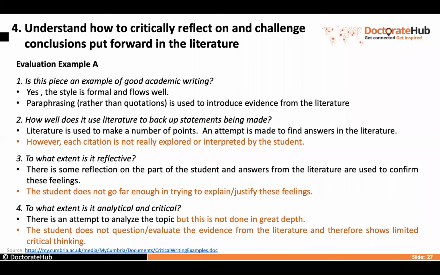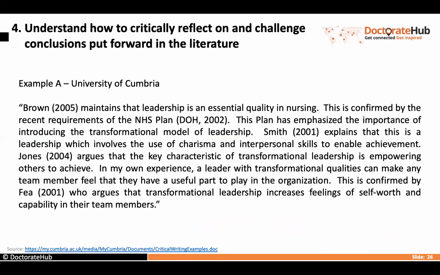All right, let's look into that. Now, you can see each citation is not really explored or interpreted by the student. The student does not go far enough trying to explain, justify feelings. The student does not question, evaluate the evidence. It's actually, without even reading it, quite obvious that, let me go back, that this is not a critical argument,